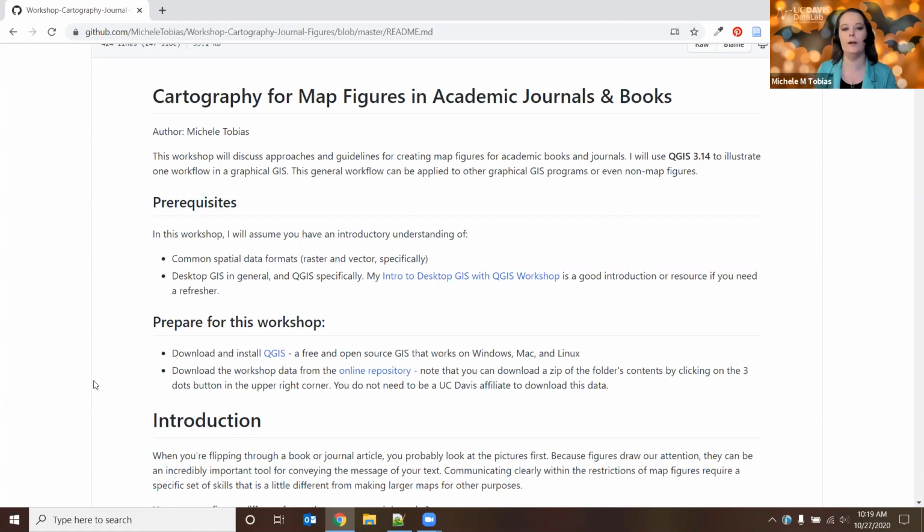One of the things you should be aware of is that I'm going to assume that you already have some experience with GIS. We don't have time to go through all of GIS and teach you everything from the beginning. So if you're new to GIS, definitely stick around. You'll still learn things, but if you want a good introduction to GIS, I have a link here for the Intro to GIS with QGIS workshop that we ran over the summer and a couple other times recently. There are recordings available, and that link will show you that. Also, the materials are online too. So that's a good place to get some